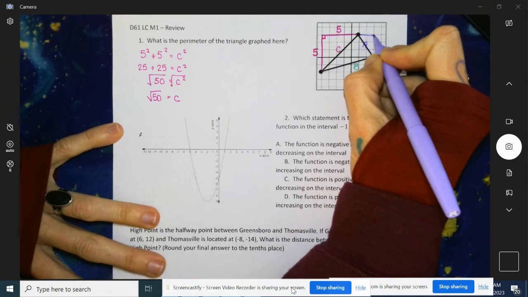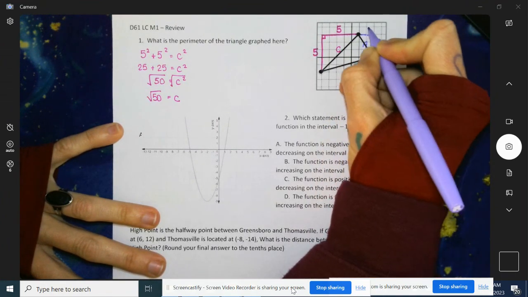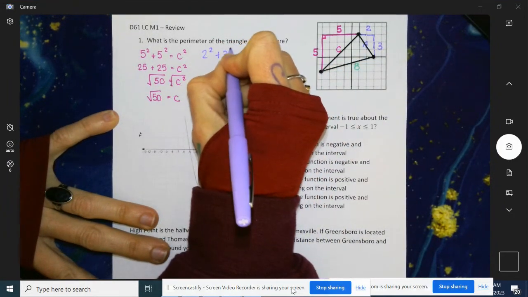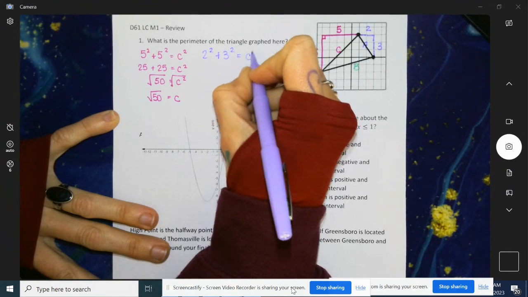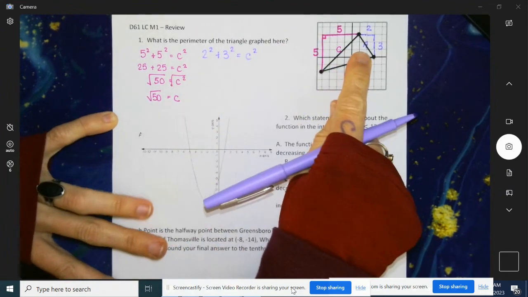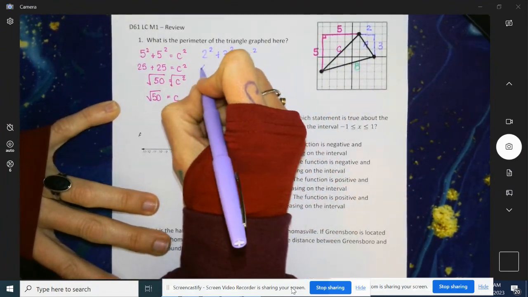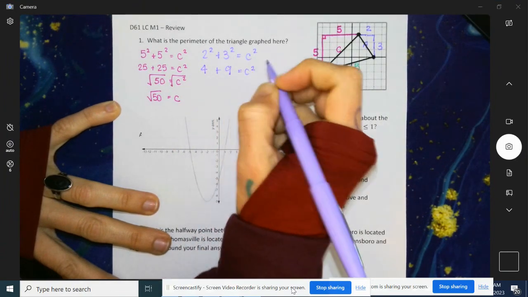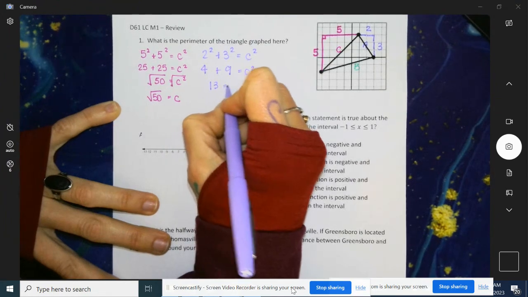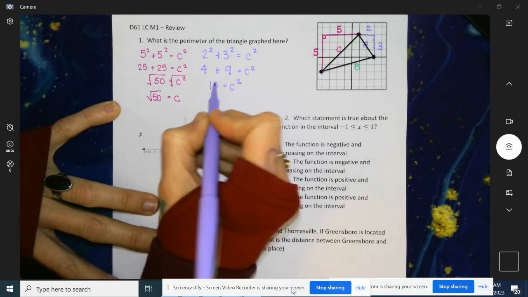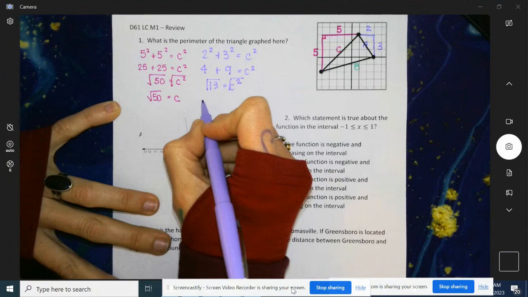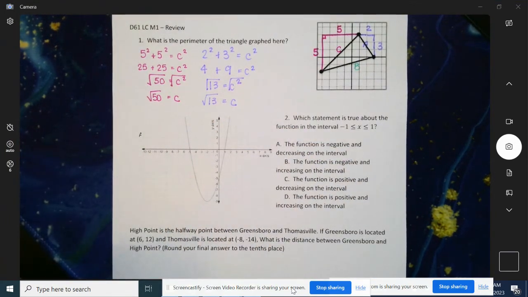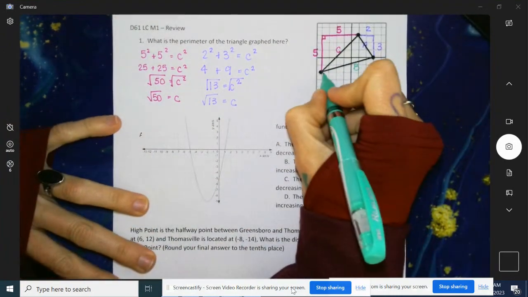So 1, 2, we're turning this into our right triangle. So we have a 3 by 2. So for side A, 2 squared plus 3 squared equals, I'm going to still write c squared because of A, B, C, but we're solving for side A. 2 times 2 is 4. 3 squared is 3 times 3, which is 9. So it's going to give me 13 equals c squared. Again, not a nice, neat number. So I'm just going to leave it the square root of 13 equals c. And then last but not least for side B,